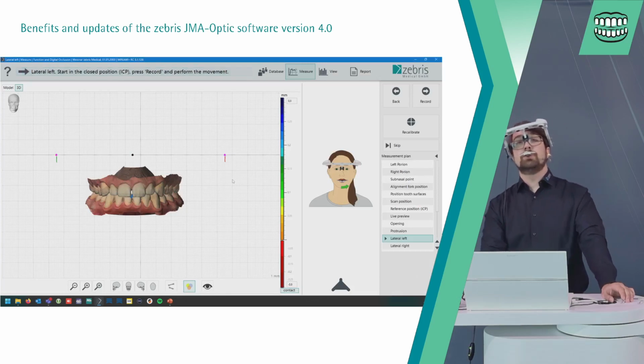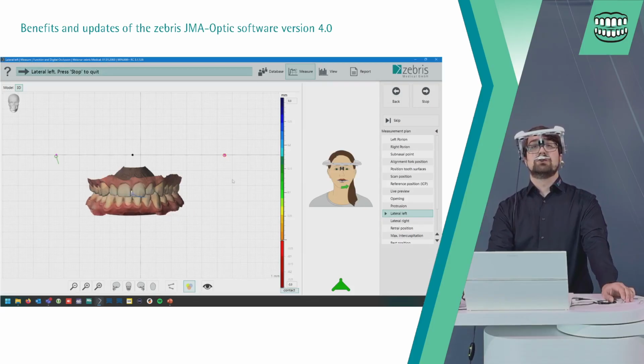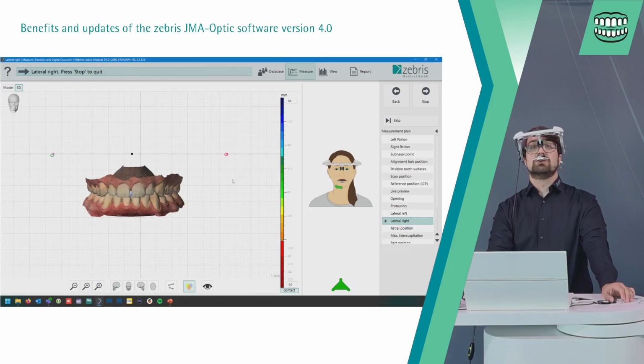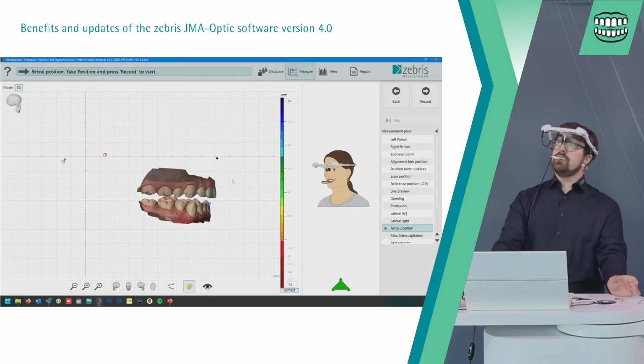The lateral left movement. The right movement. And then we are in our positions.